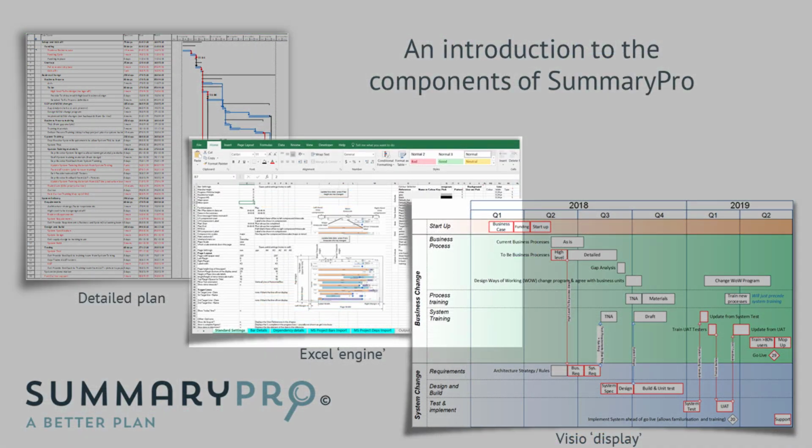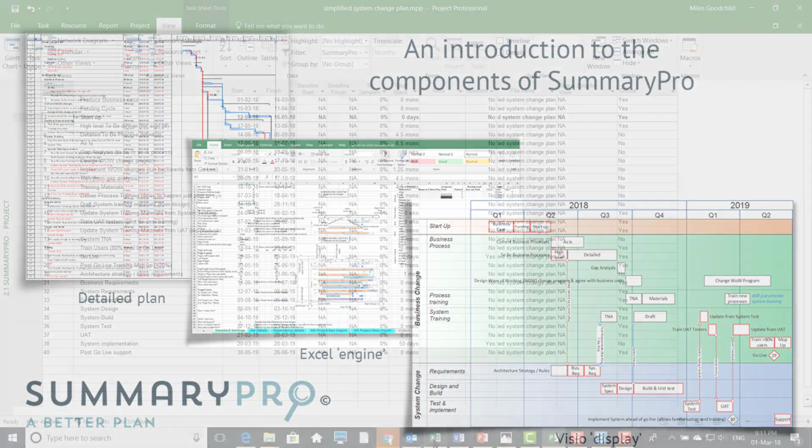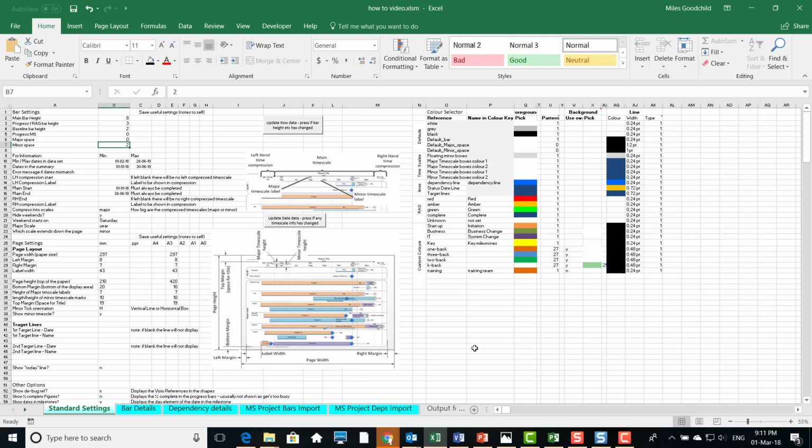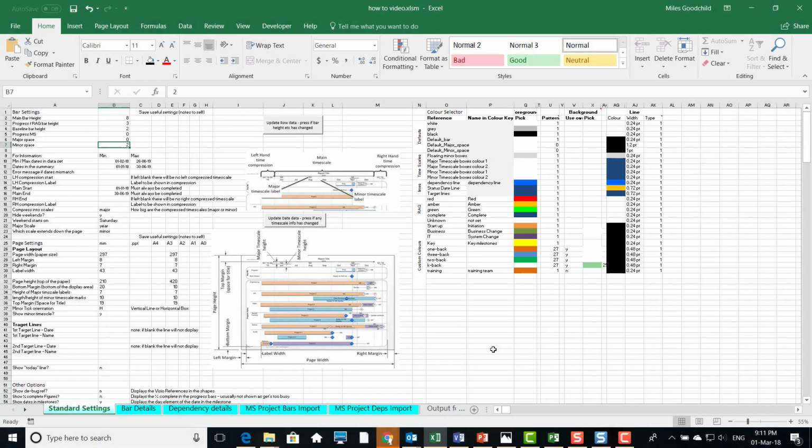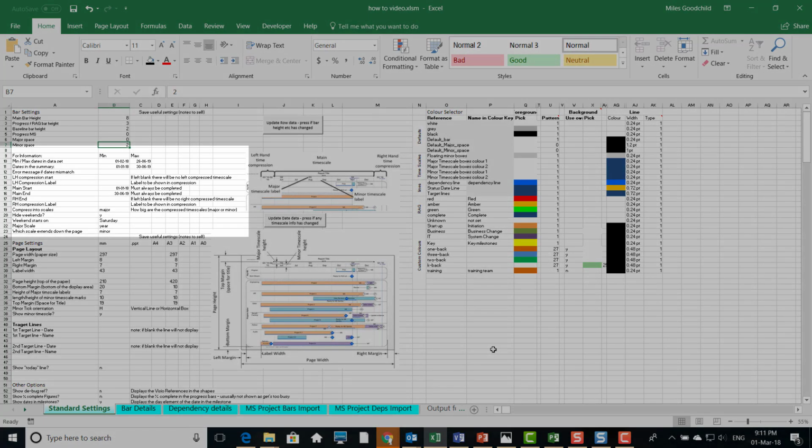The next component to look at is the SummaryPro engine. This is a number of tabs, all of which do specific tasks. Working from the left, we have standard settings. Here you define the formatting styles to be applied to bars and swim lanes. You set the dates to be included in the report and how the timescales look, including any timescale compressions to